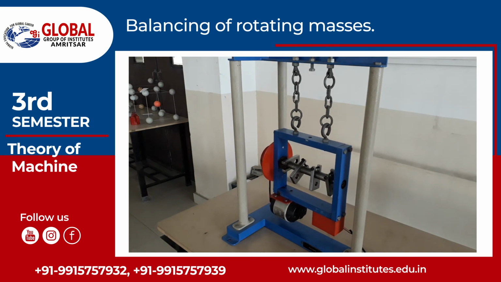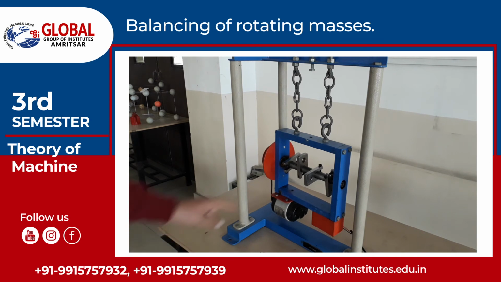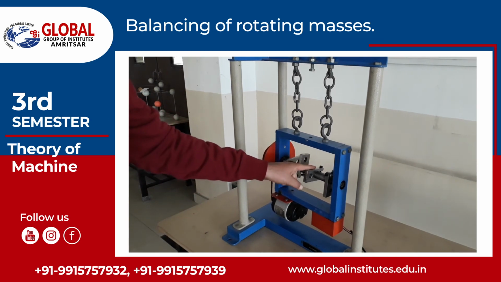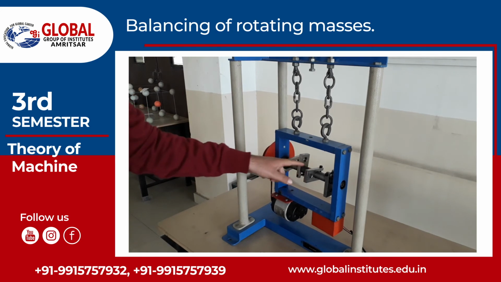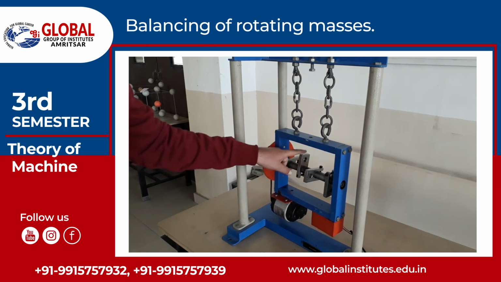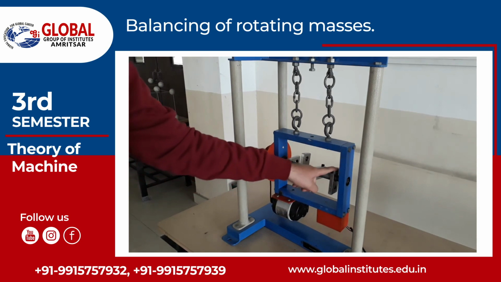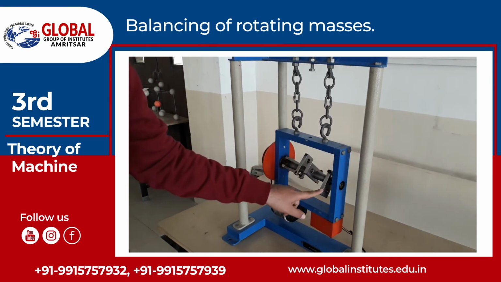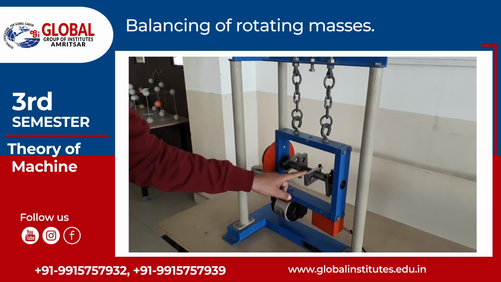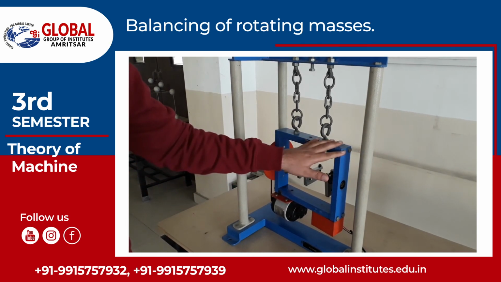Now, with the help of an Allen key, we loosen these masses and counterbalance them with each other, and again we check the vibration produced in our setup. Now dear students, we counterbalance these weights. Block 1 is counterbalanced by block number 3, and block number 2 is counterbalanced by block number 4. Now we again switch on our setup and check the vibrations produced.